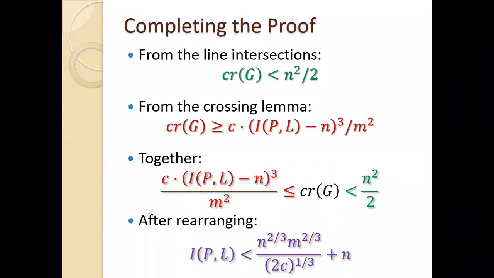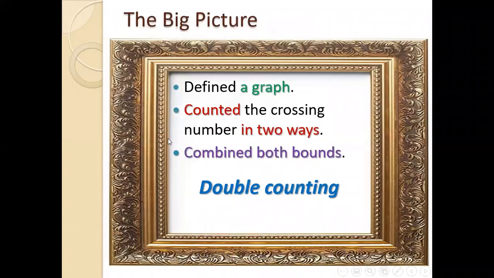got another result. It's a very elegant tool, but it's hard to use because you somehow need to know what to double count. There are infinitely many objects you can define. You need to know what the right object is that you need to define and count in two different ways. Like here, how are you supposed to know that the crossing number of a graph is the right thing to count? It's not easy to come up with.